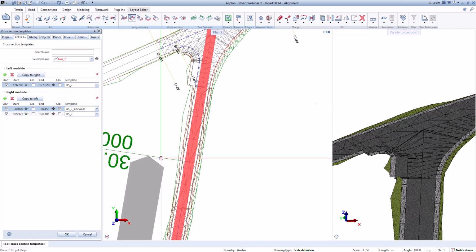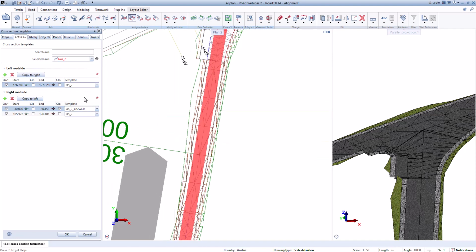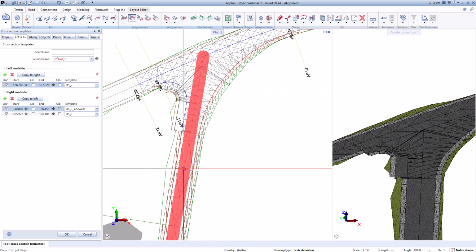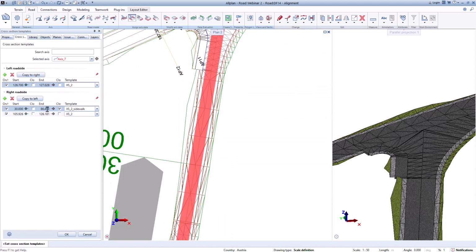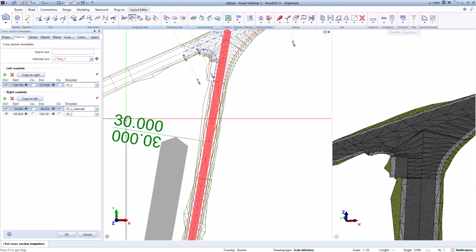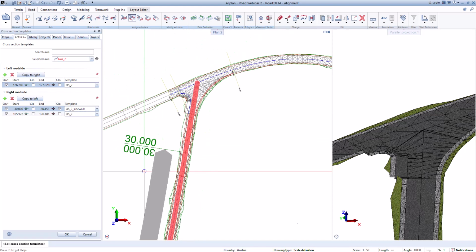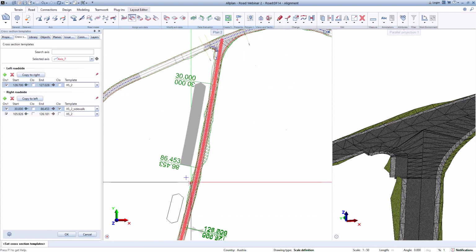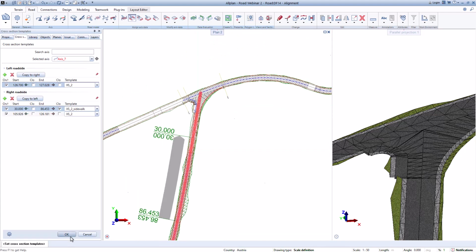I will select him, and so the first one, on the right side, will go from the beginning till this station, and then the new one will go from here to here, and then the last one will go here. Okay,